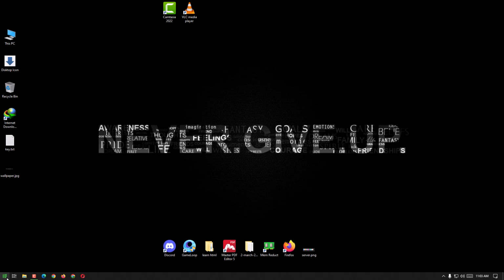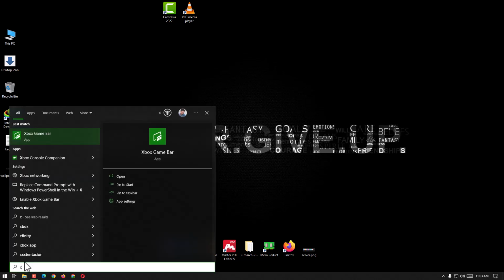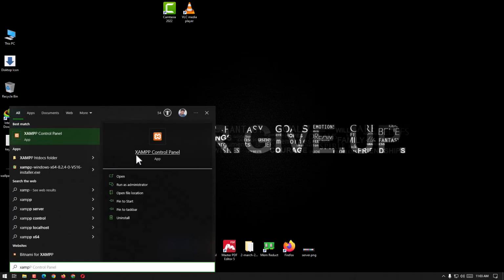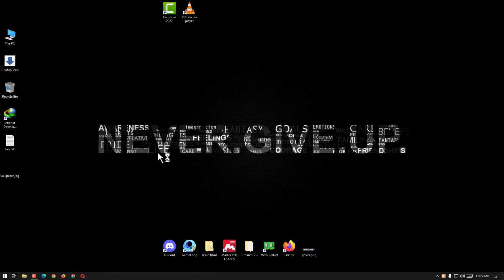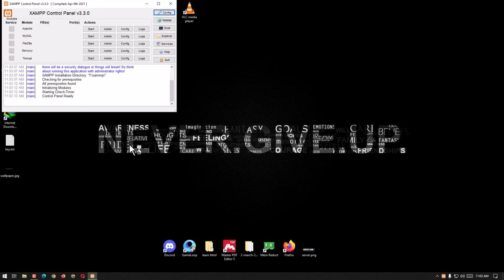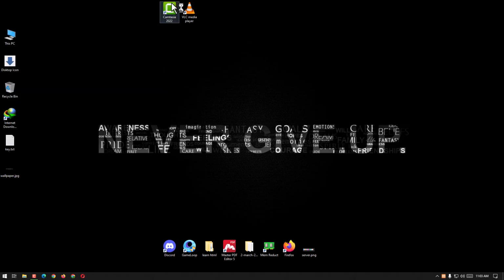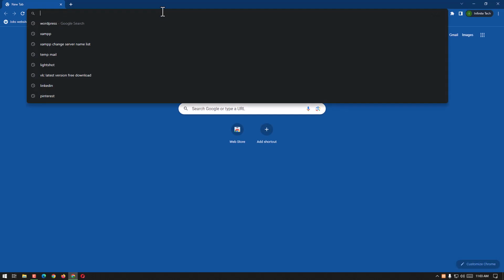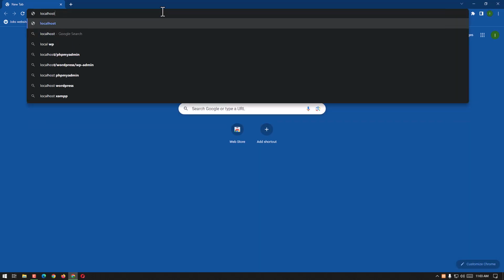First step is I shall go to the start menu, and here I'm gonna search XAMPP, and XAMPP appeared. I'm gonna go to its control panel. It's working right now. Here I have to start the Apache and the MySQL. I have started it and now it has started. We shall close it. Now we shall go to the browser, and here I'm searching